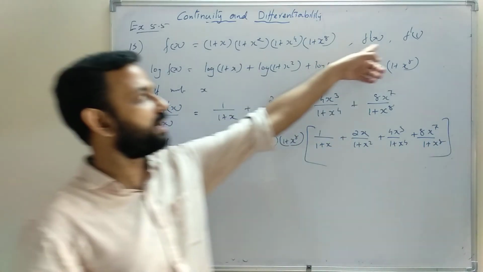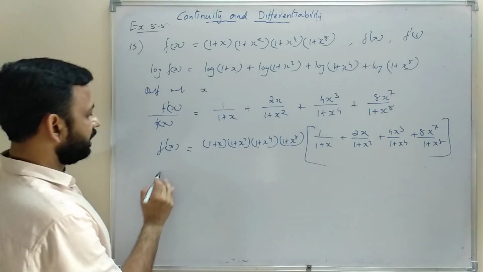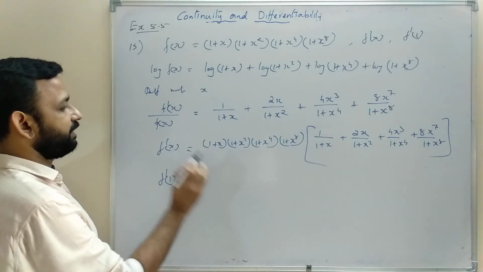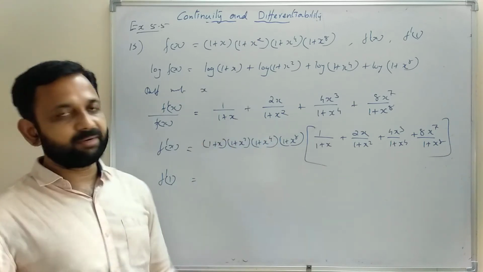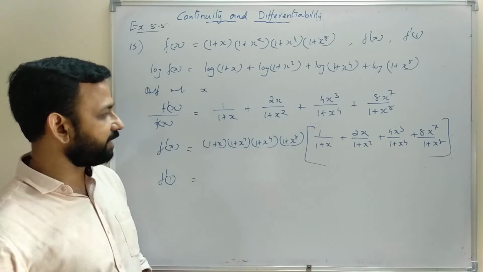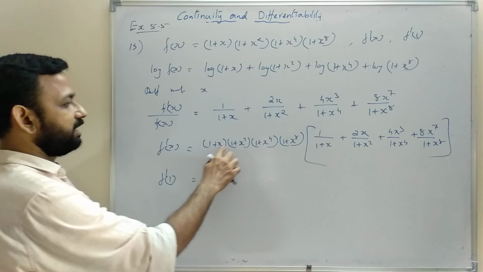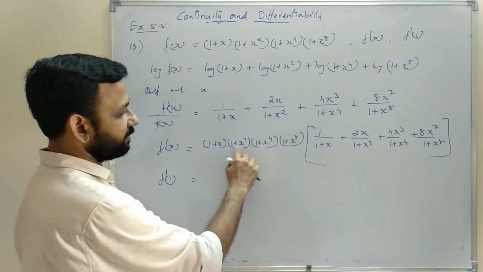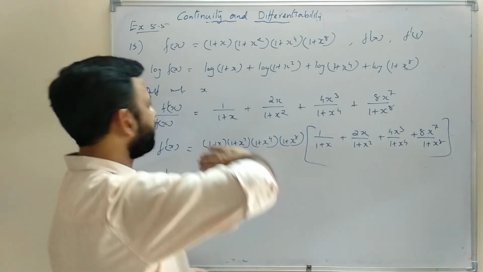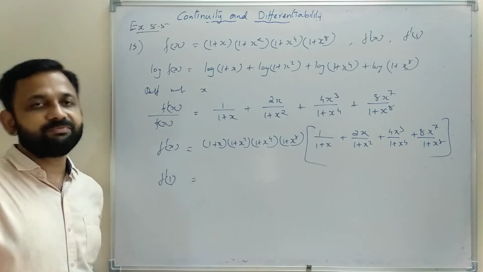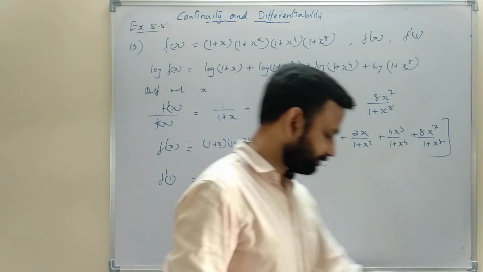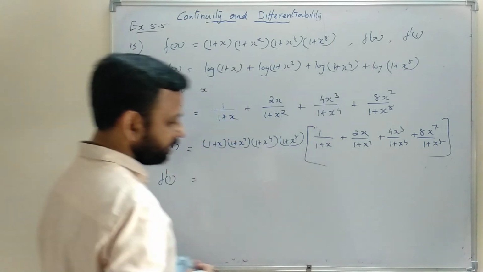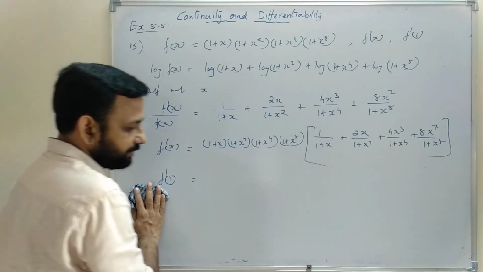So we got this part. Now we have to find f dash 1. So when we find f dash 1, we need to replace x by 1. When we replace x by 1, that is 1 plus 1, 1 plus 1 square, and so on. Replace x by 1 everywhere, then we will get f dash 1. So you can complete this question. Now we have 2 more questions.